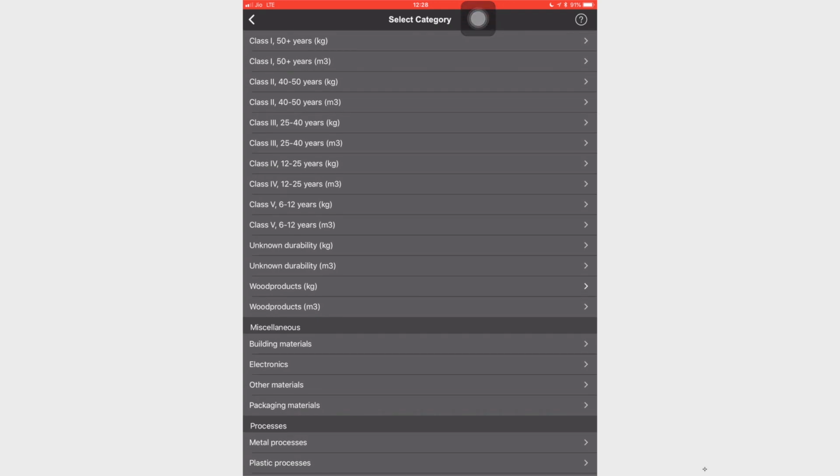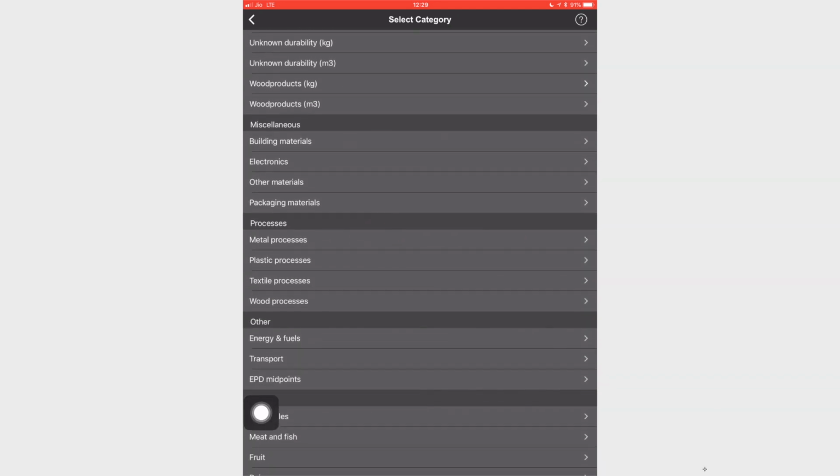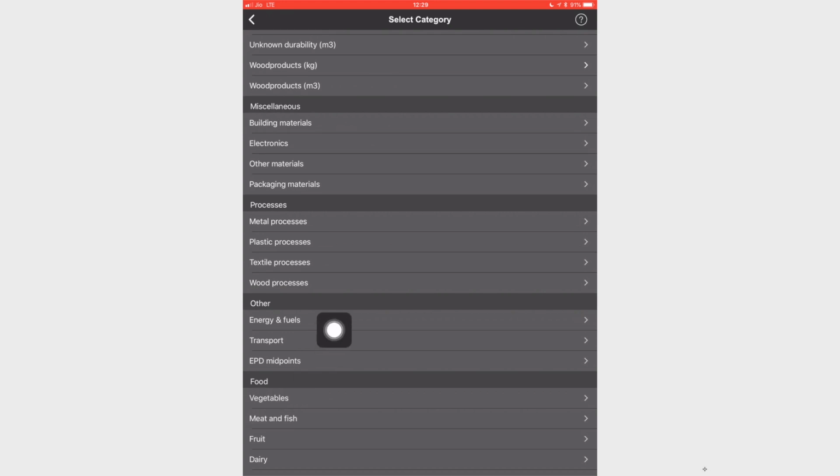I need shrink sleeve, but shrink sleeve is not available over here. Let's see if it is available in packaging materials. If I click packaging materials, you can see it's very difficult to search in this particular manner. So, let's sort it alphabetically and try to see if shrink sleeve is available somewhere.